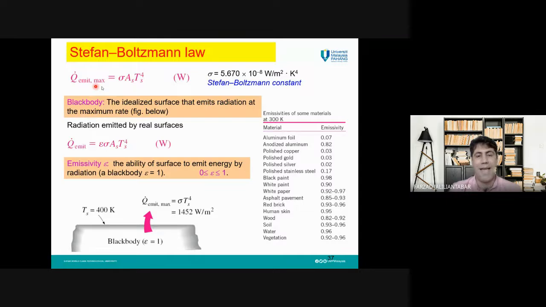Then the maximum rate of radiation heat transfer is equal to sigma A_S T_S to the power 4. In other words, epsilon is 1 in this equation, then this equation becomes this one. Sigma is the Stefan Boltzmann constant,